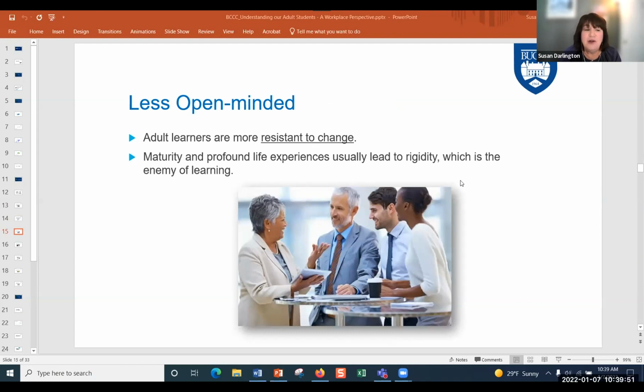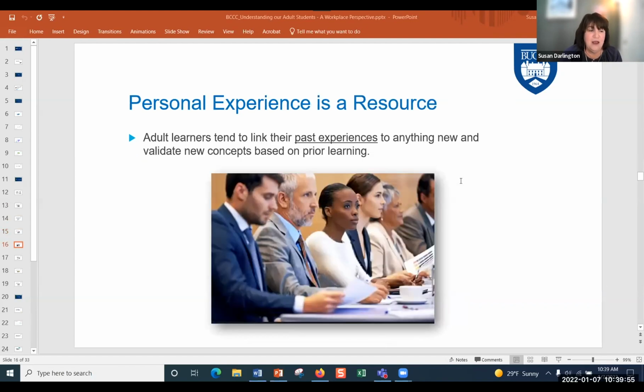So Michelle needs to know the why behind the change. Adult learners tend to link their past experiences. So Matt needs to be in a class with adults that have similar life experiences for discussion and sharing and creating a learning community. And so cohort models actually work really well for adults.